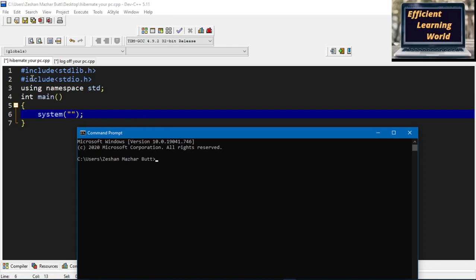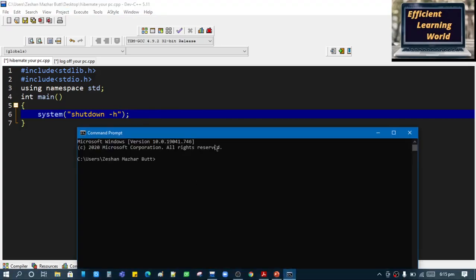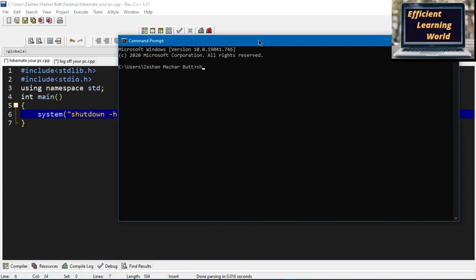If I want to hibernate our computer, you just have to write the instruction here: shutdown, a space, and then minus h. Here h means hibernate my computer, and shutdown refers to the shutdown exe file in my PC in the C directory. If it is difficult for you to remember these instructions, there are a lot of instructions provided by the command prompt. So if I open my command prompt and write shutdown here,